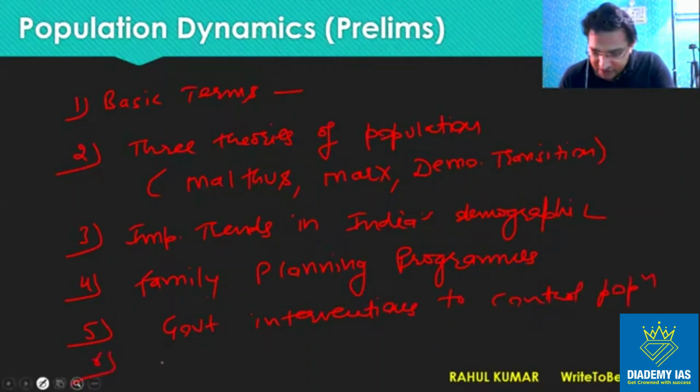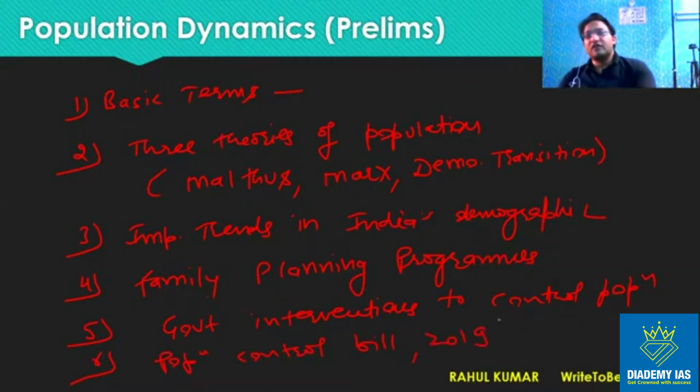And lastly, we will see the Population Control Bill 2019, right? So this is the current affairs issue. And if we see from the examination point of view, then this chapter is not highly important. You will not find many questions in previous years. Rarely any question is asked, but this chapter will build your foundation for reading the newspaper, and